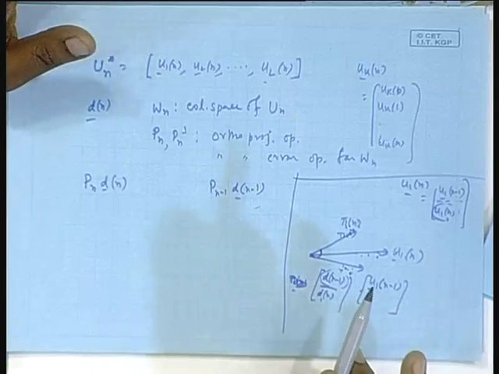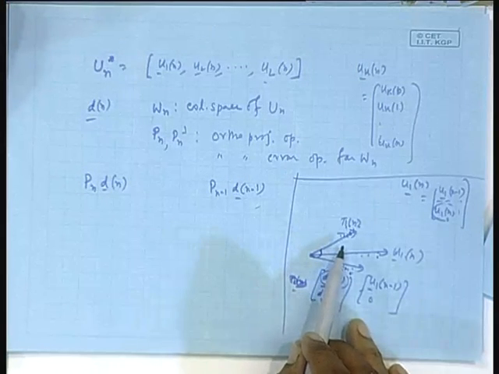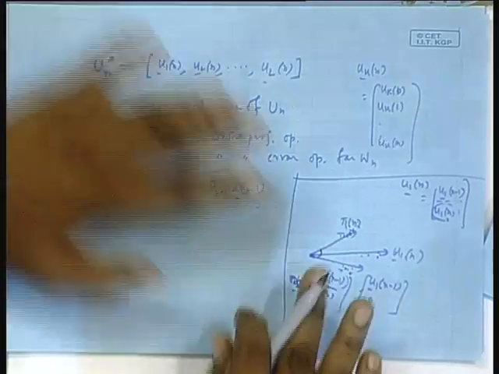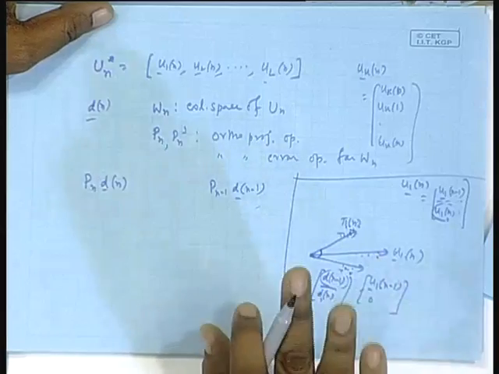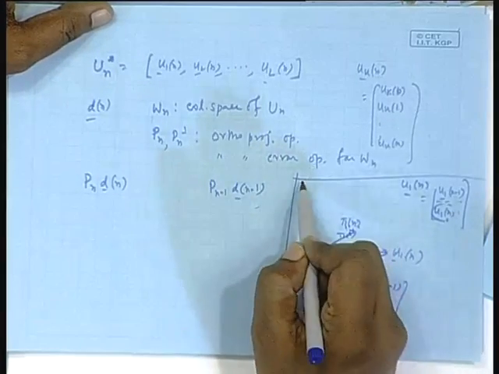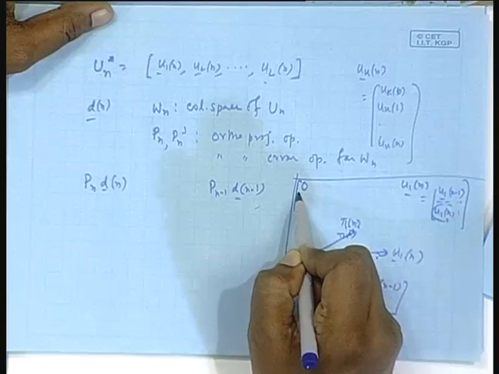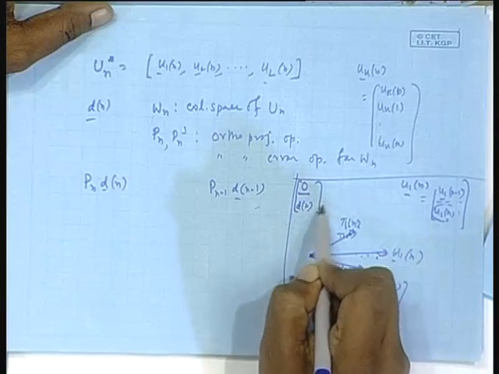So, that means what is the overall projection? Projection on this, I will be doing it elaborately, but I am just telling you this through the figure I am giving you here. What is the projection of the d n vector on this space? One is the projection on this pi n fellow, which is 0, 0 vector and only a scalar d n.